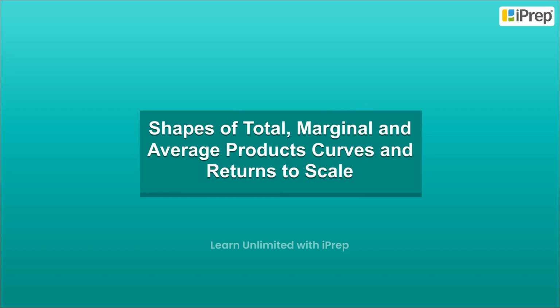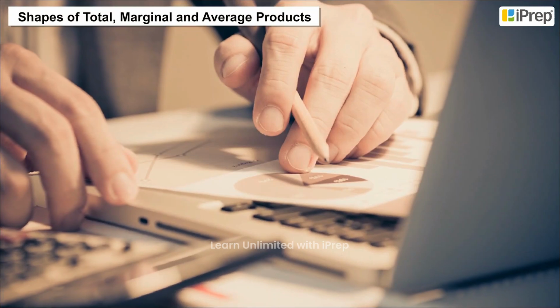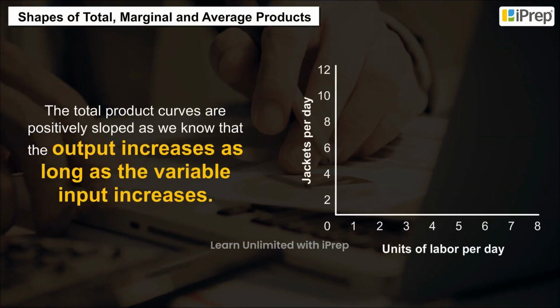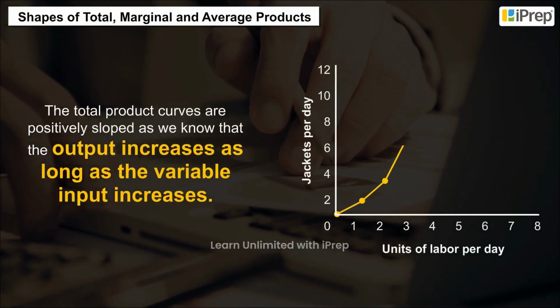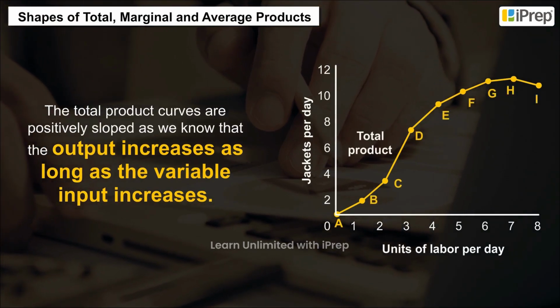Shapes of total, marginal, and average products curves, and returns to scale. Shapes of total, marginal, and average products. The total product curves are positively sloped as we know that the output increases as long as the variable input